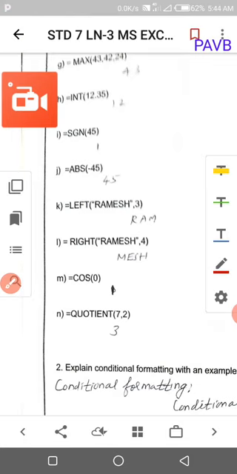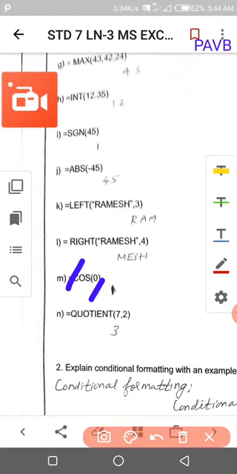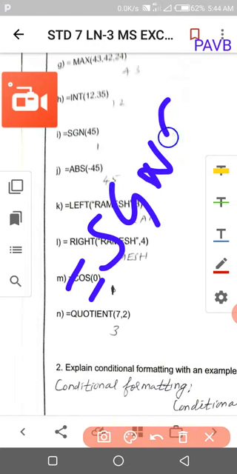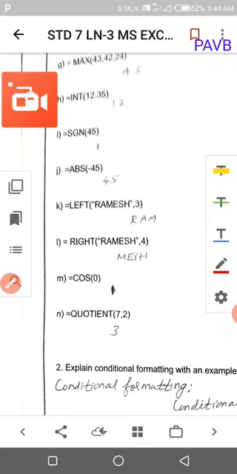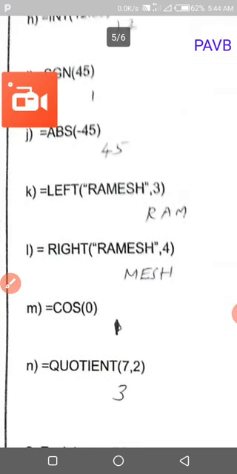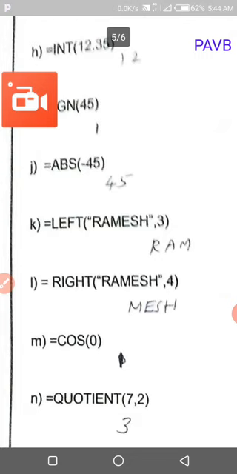Next, SGN of 0. 0 means it will return 0. For the SGN function, if the value inside the parentheses is positive it returns 1. If the value is negative, it returns minus 1. SGN of 0 means 0.